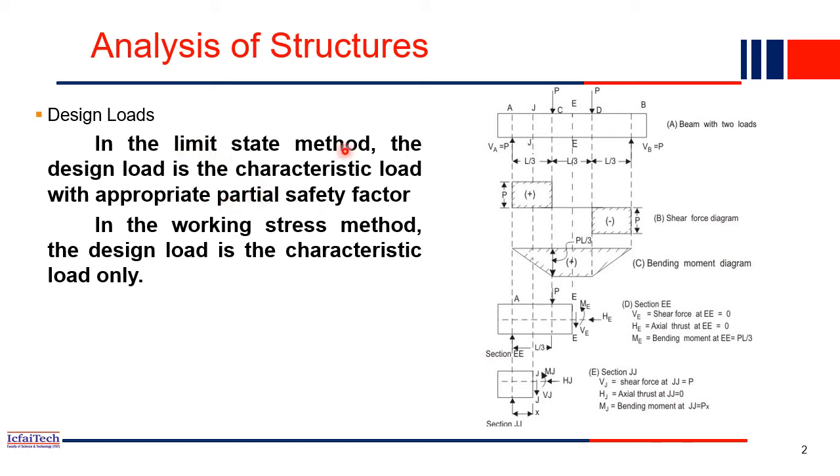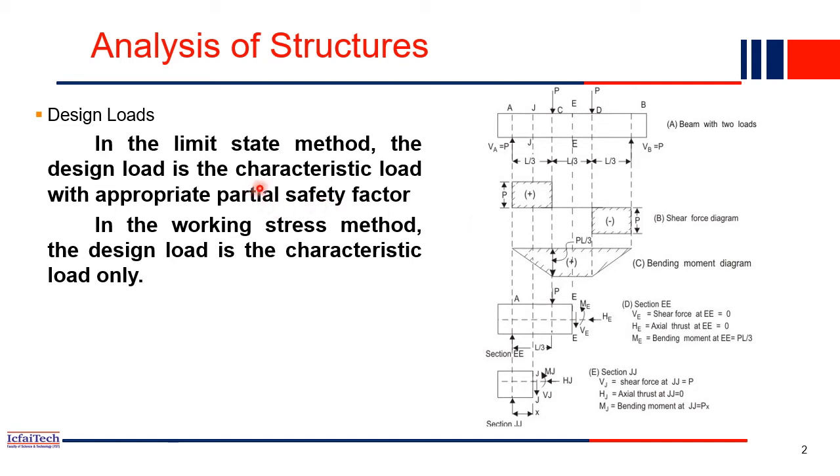So that factor we call the partial safety factor. As per the limit state method, we multiply with 1.5. The factor is 1.5. So if the 5 members' load is there in reality, then for the design load we multiply 1.5 into 5, which is nothing but 7.5. So 7.5 load will be considered, and then we'll design the structure. So basically we are going to the safer side: although only 5 members are there, we are considering there will be 7.5 members, and based on that we design our structure.